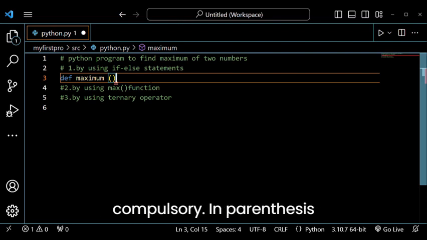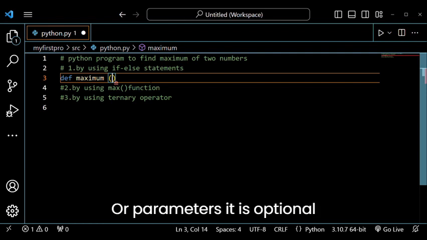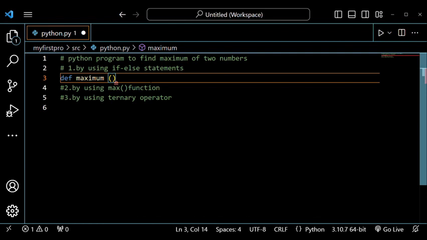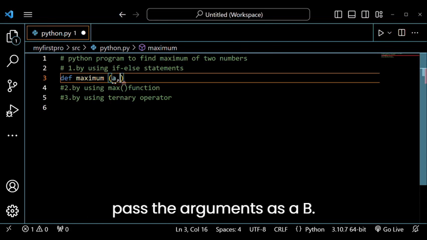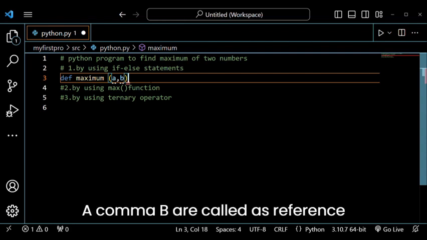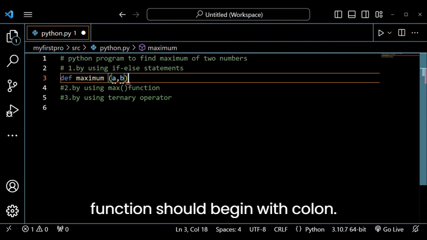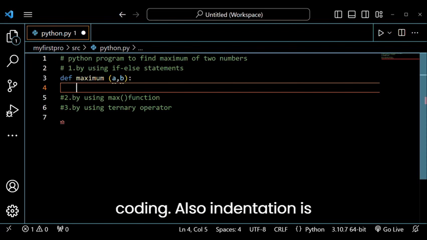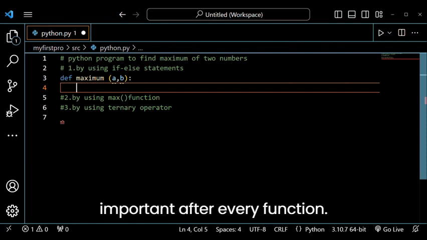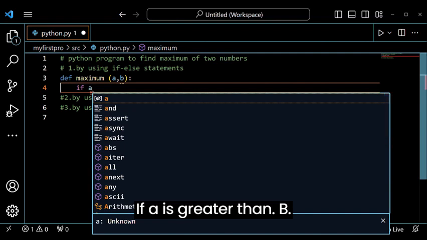Parentheses are always compulsory. In parentheses we may pass arguments or parameters. It is optional as per the requirement, but here we will pass the arguments as a, b. A, b are called reference variables, and every function header should end with a colon. Colon is very important in Python coding. Also, indentation is important after every function. Now, the if condition: if a is greater than b,